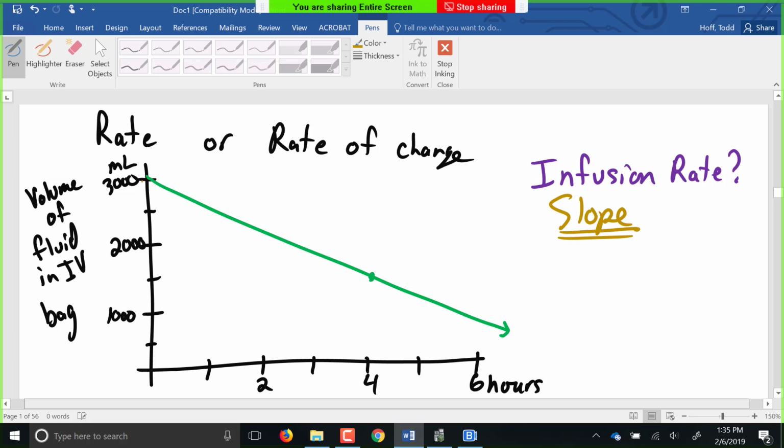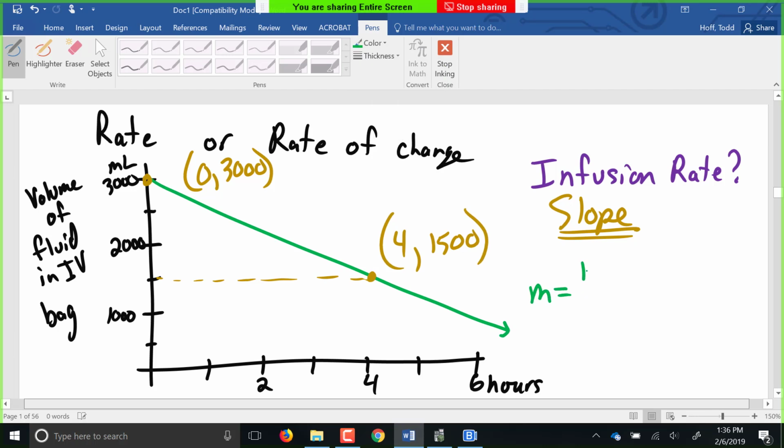We start out, again, we can just pick 2 points. We've got 3,000 here. That is the point 0, 3,000. Going to here, that is the point 4, what? 1,500. Very good. So our slope,